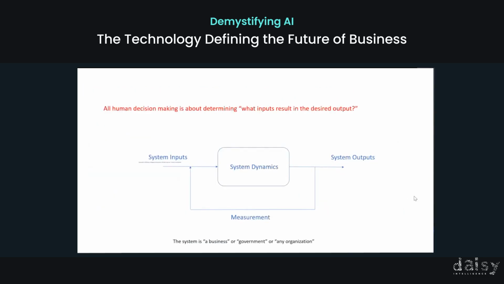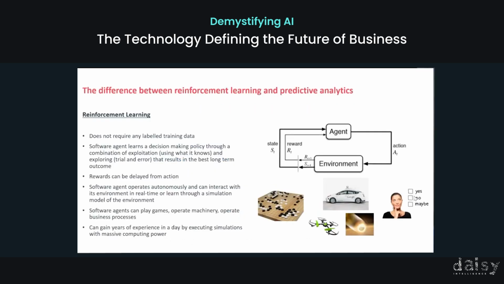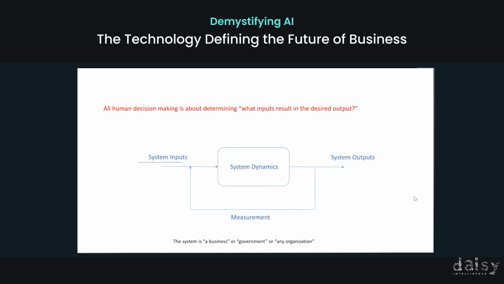So if we look at the engineering domain of control theory, this is a control theory setup, which looks very much like this closed loop reinforcement learning diagram. In the case of a car, again, we're trying to say, what are the system inputs that we're going to take? And the system dynamics are the laws of physics to get the desired output. We want to stay on the track and have the fastest lap time. So the goal is to find the optimal set of inputs, run them through the system dynamics to get the desired system output, and we would measure the lap time. So it's very similar to a reinforcement learning setup. The mathematics is slightly different, but strongly related.